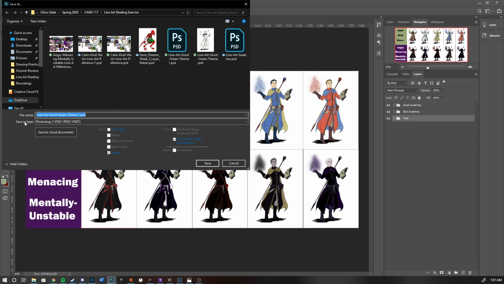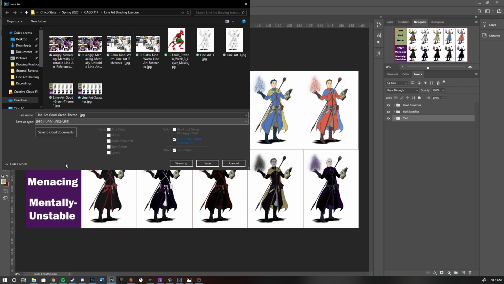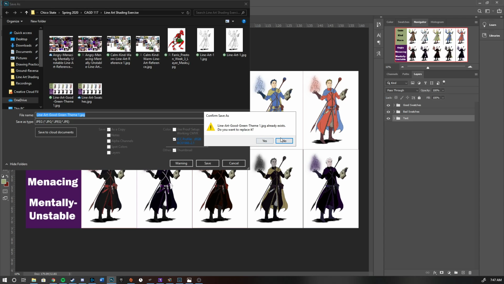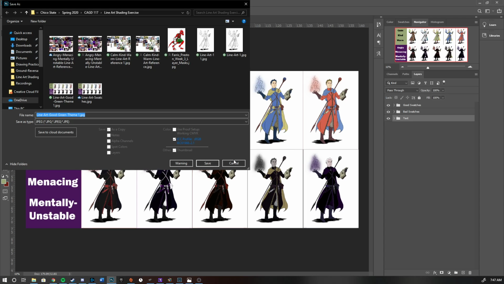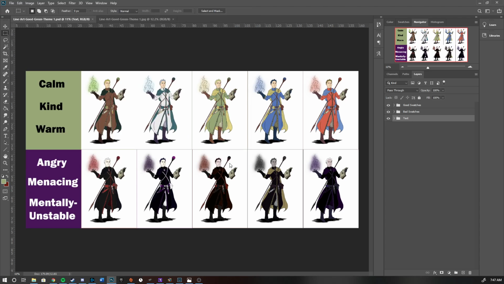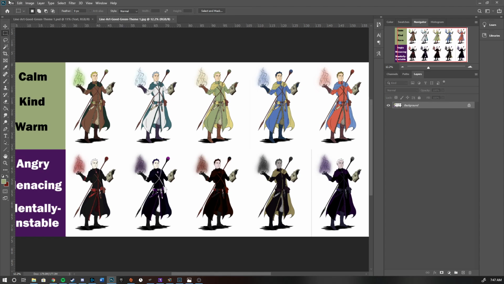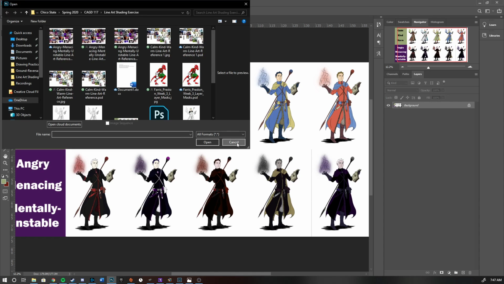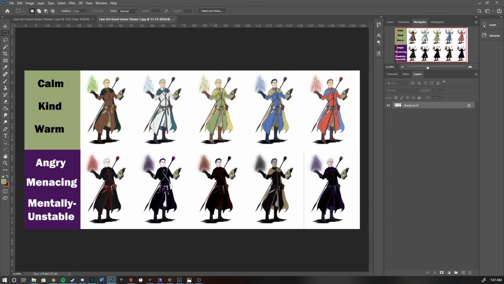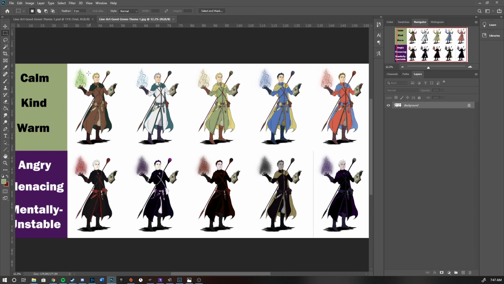Come up here and see the Save As type. You're going to want to go down to JPEG, and I've already done this, so I'm not going to do that, but basically save it wherever you want. You come over here, you file open wherever your JPEG is, and you have it here, which see mine is JPEG. And what you do is you select the first of your favorite characters,